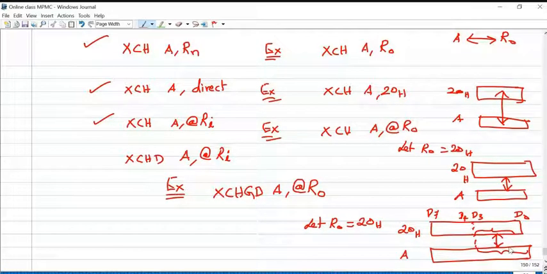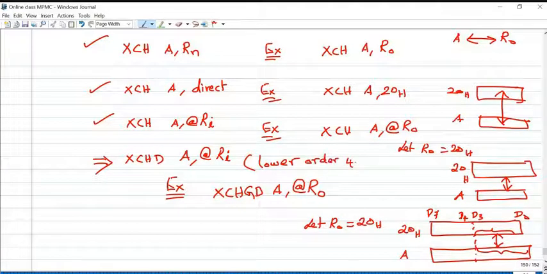You understand? Higher order data remains the same. It won't be affected. In the first three exchange instructions, the entire information is exchanged. The last one differs from the previous three. I'll write down here: lower order 4 bits exchanged for XCHD instruction.